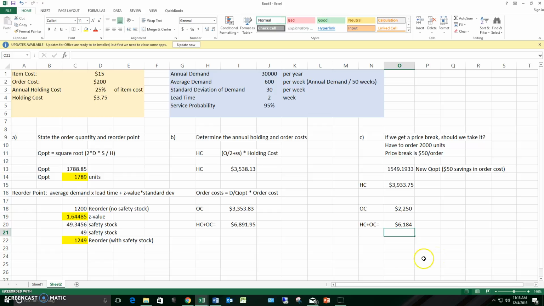So we had all this math done, everything was going great. We figured 1,789 was our optimum quantity to order, 49 in safety stock, and then the vendor came back and shot us a curve and said, well, we'll give you a discount if you order more than you should. And in this case, by giving us a $50 savings per order, even though we had increased holding costs, our ordering costs dropped by more than we saw of an increase in holding costs, so our total cost